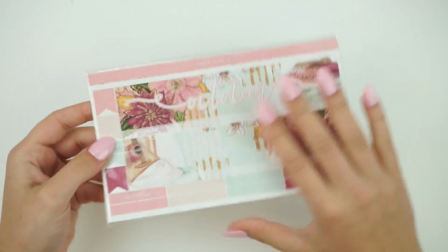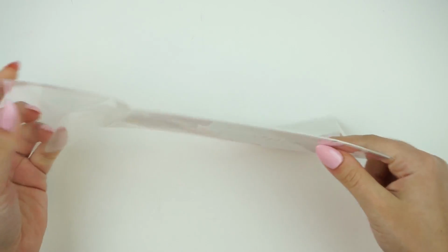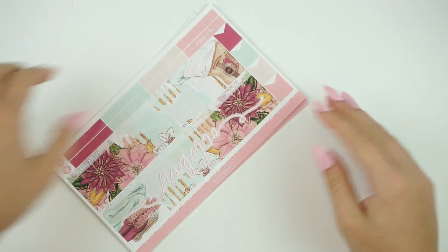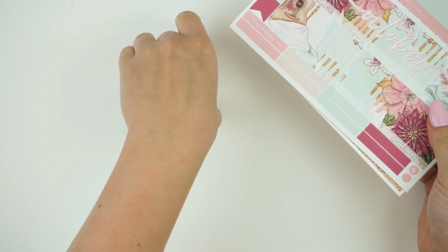I feel like this week's lineup is probably one of my favorites yet. We'll go ahead and go through the monthly kits first. These monthly kits are formatted to fit the Erin Condren Vertical Monthly or the Erin Condren Deluxe Planner. This is the non-Halloween option, so I always try to do, especially during the holiday times, a